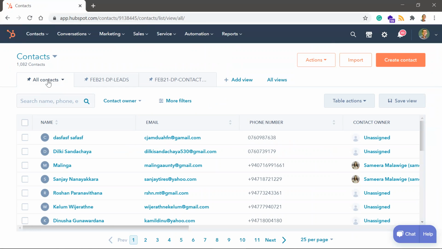The other point that I wanted to make is that when you are working on a CRM, there is no such thing as a sufficient level of data or unnecessary data. Whatever information that you know about this person, you have to update it.